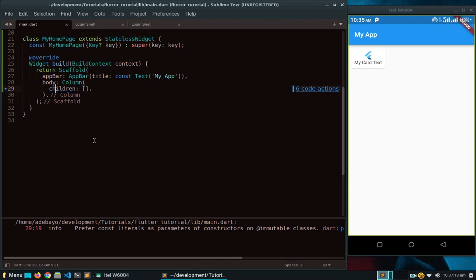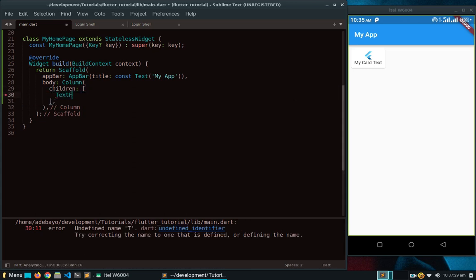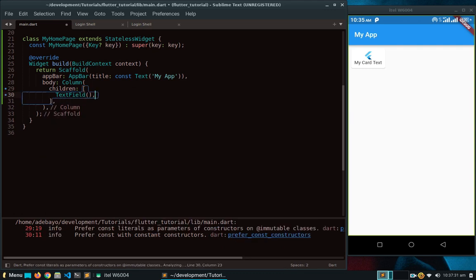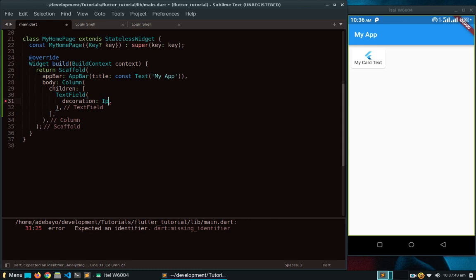Now in this video we're going to be taking a look at the Flutter text field widget. The text field widget allows you to enter input from your keyboard and stuff like that. So it's as simple as this. It's just TextField like that, but it contains some pretty useful arguments. For example, it contains the decoration, and you can pass an input decoration here,